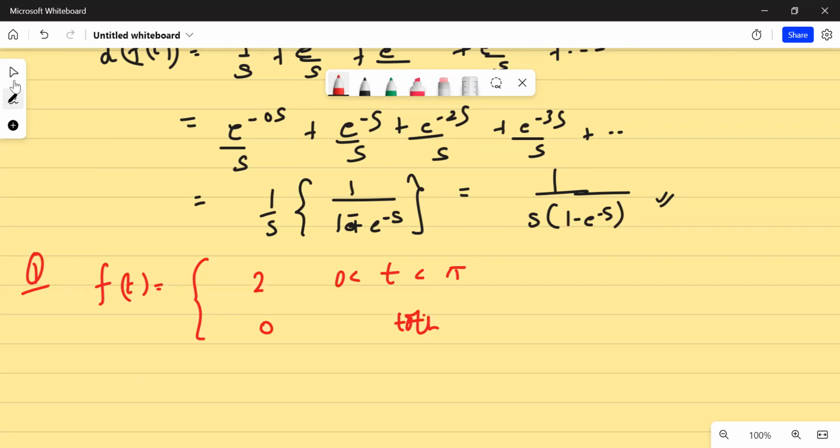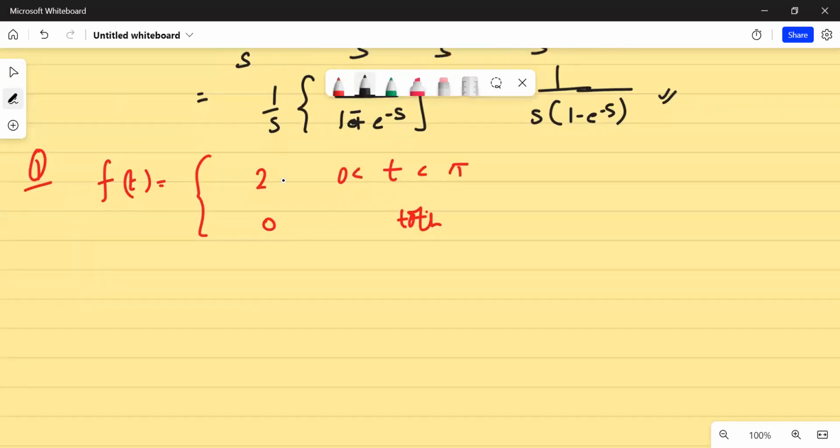So see, what does it say? Whenever your t lies between 0 and pi, it is equal to 2, and otherwise it is equal to 0. So how am I going to express it? If t lies between 0 and pi, I have to maintain a 2, and otherwise I have to maintain a 0. So one thing is very much sure, that I can use this thing,